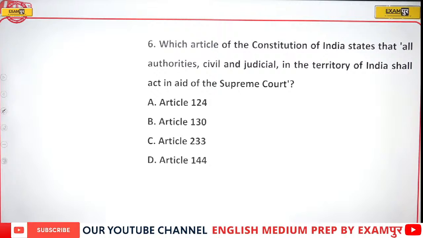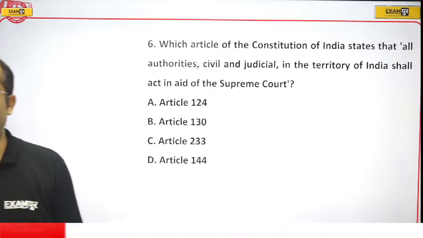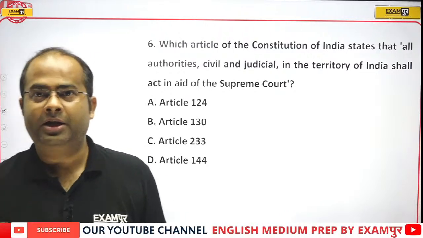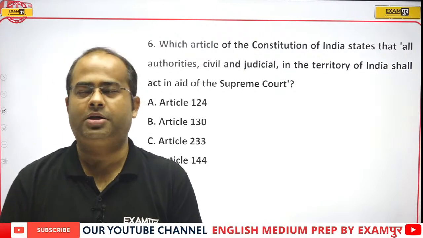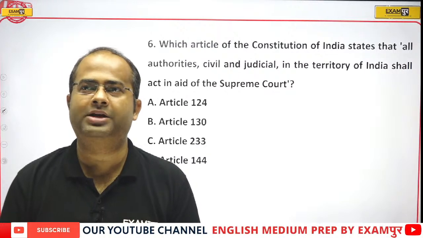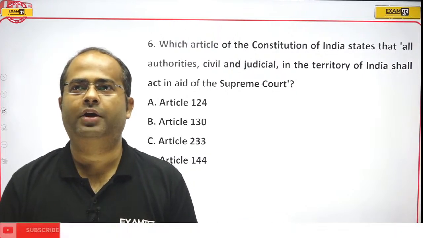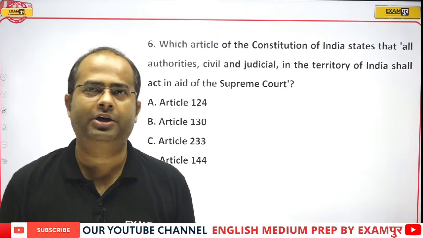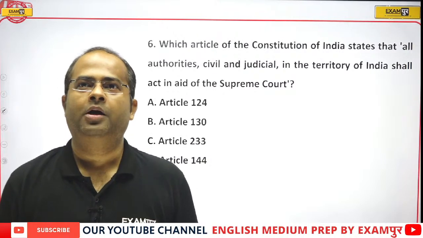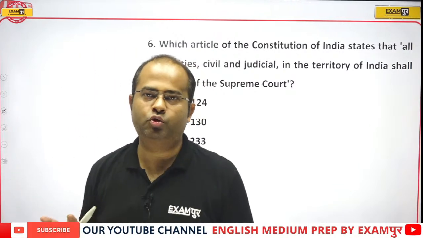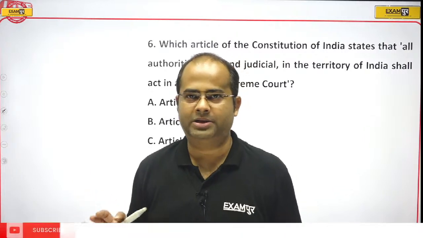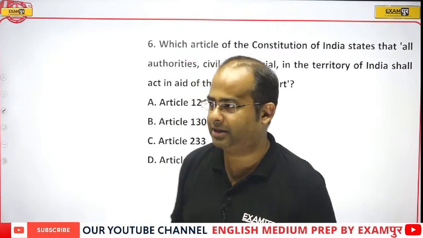Okay, my dear students, let's see the correct answer. Very good guys. Now you have started using the elimination method to answer the question. Definitely it's a very good sign. Momita is saying 144, then Vijay is saying option D. Okay guys, so in two ways you can eliminate the answer.